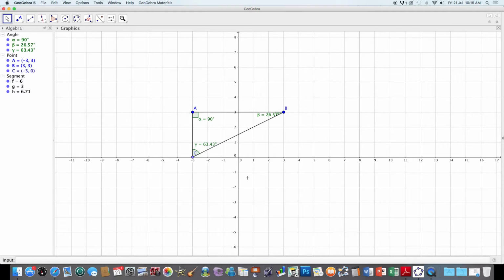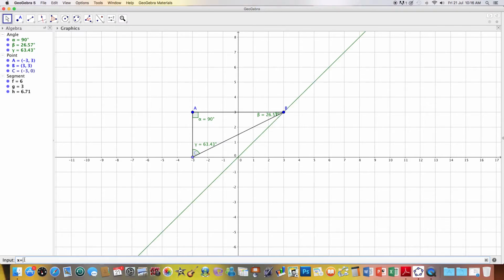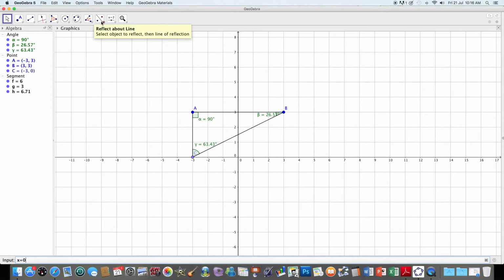And what we want to have a look at here is when we reflect this shape through a mirror line, what happens to the size of the angles and to the area of the shape. So I'm going to put in x equals 0, which will be this line here. I'm going to now reflect this object, so I'm going to highlight the object. I'm going to reflect it through that line,